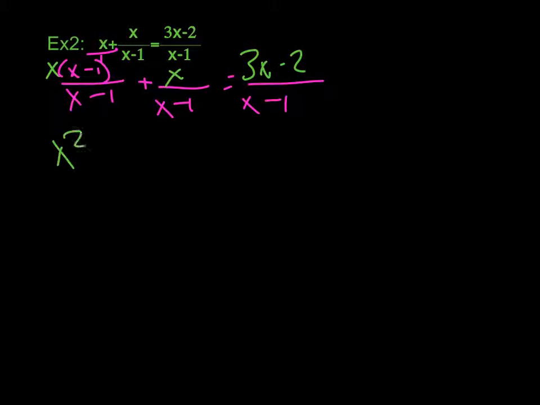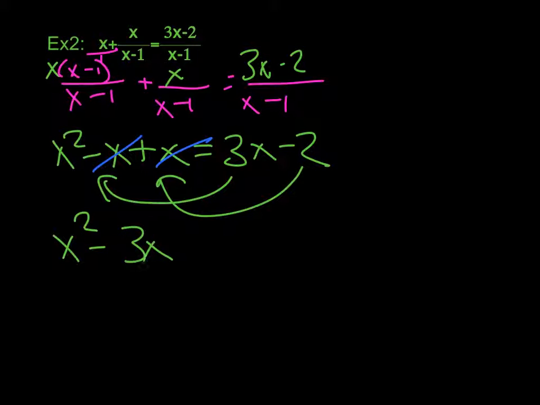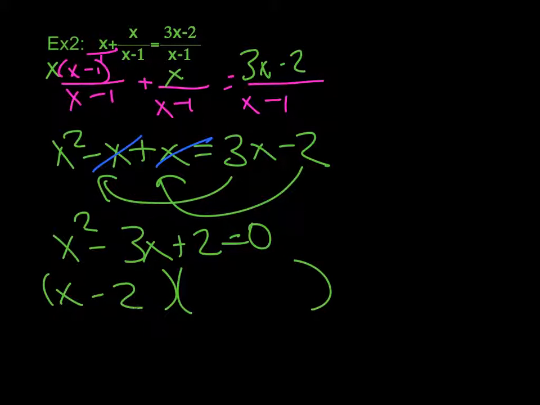That's x squared minus x plus x equals 3x minus 2. Since I have a square and things that are not squares down here, I have a quadratic. The minus x and the x are going to cancel out. So I'm going to have to move my 3x over here and my minus 2 over here. That gives me x squared minus 3x plus 2 equals 0. And if I factor that, that's x minus 2, x minus 1, which means my two x's are going to be